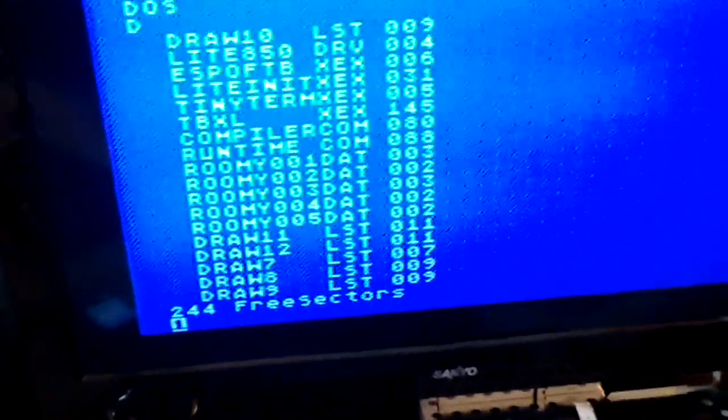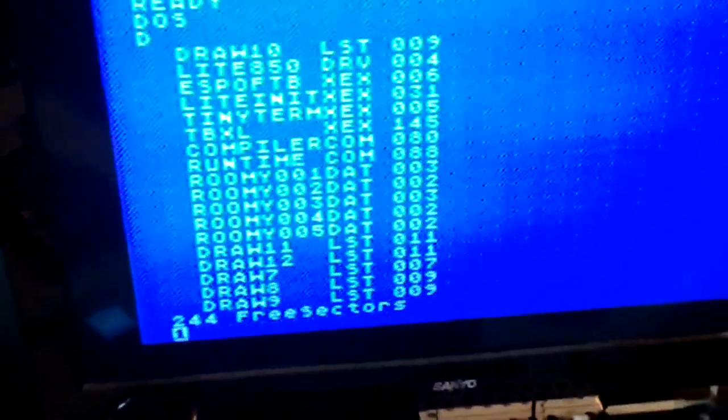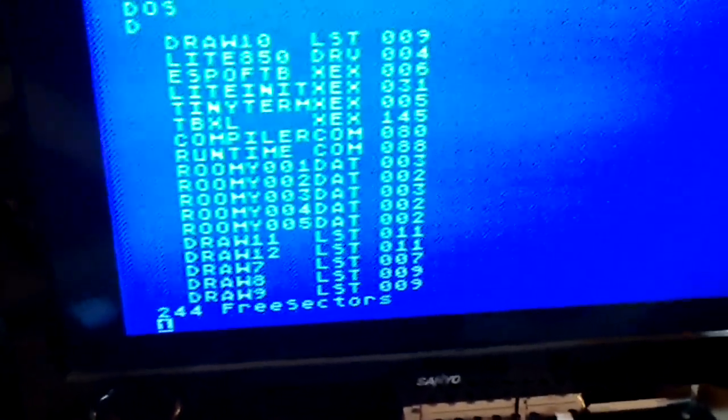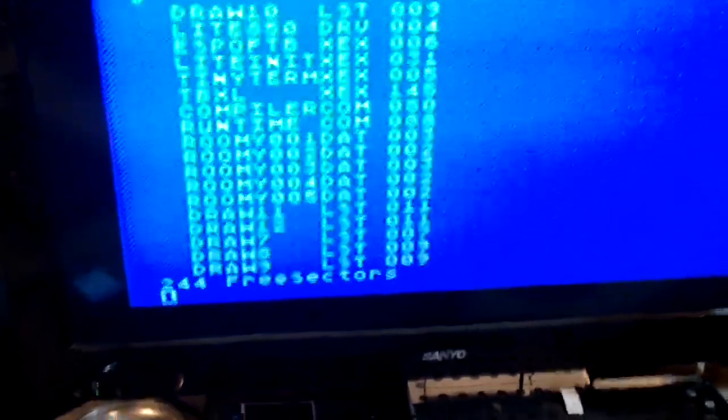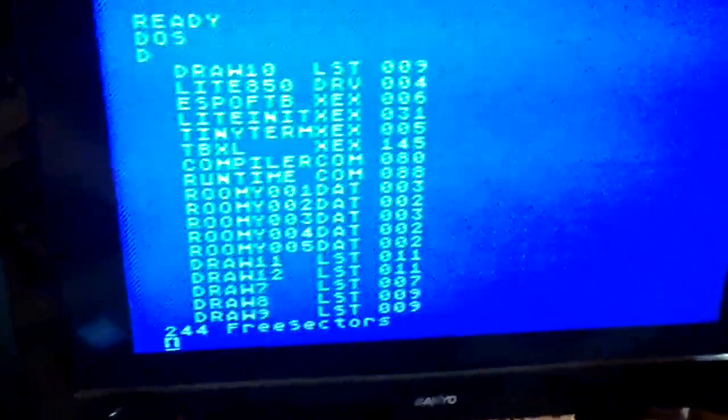Let me get a directory on this thing. It's hard to hold the camera and talk at the same time. Pull up DOS here, get a directory. Oh, and I've also been saving this program basically like a text file. So on the Atari, I've been using the LIST command to list it to disk instead of saving it as a BASIC program,